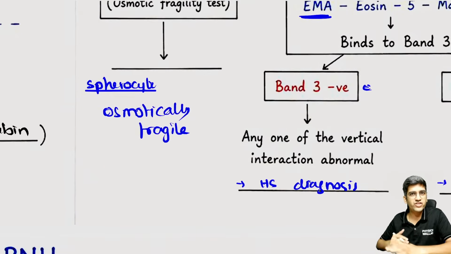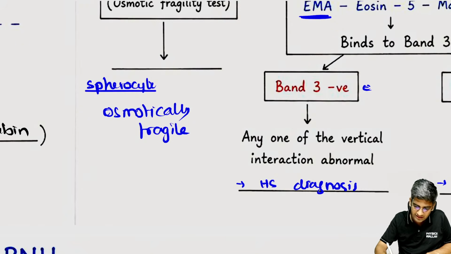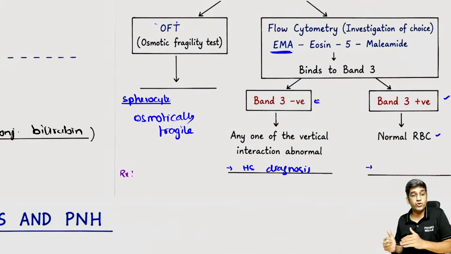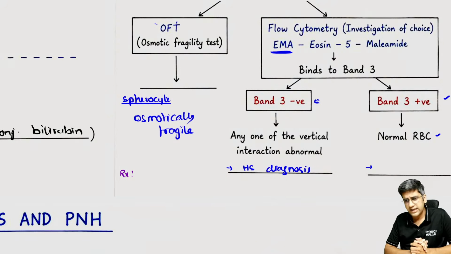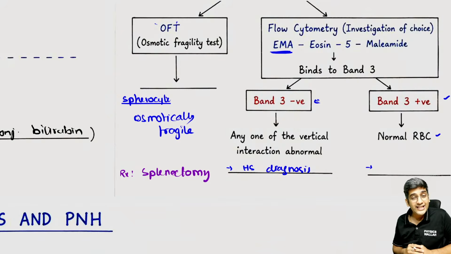Just to complete, since you're in the fag end of the second year, you should know a little bit about the treatment. Can anyone fill up the treatment? How do you treat hereditary spherocytosis? If I diagnose them as HS, what's the treatment? Treatment is simple. The problem is in the RBC, but where is it getting destroyed? It's getting destroyed in the spleen. The only way I can treat it is to remove the spleen. Splenectomy is the way of treatment, along with vaccination for capsulated organisms. Integrate microbiology: once the spleen is removed, you'll have more risk of infection with capsulated organisms.